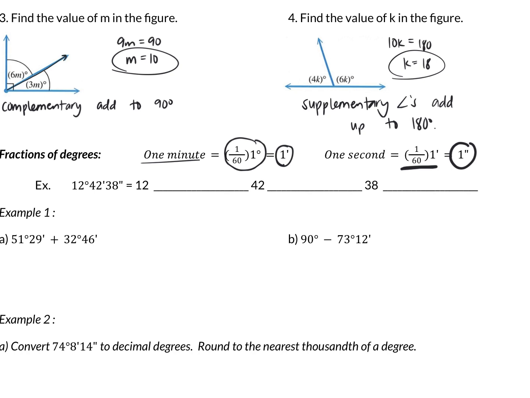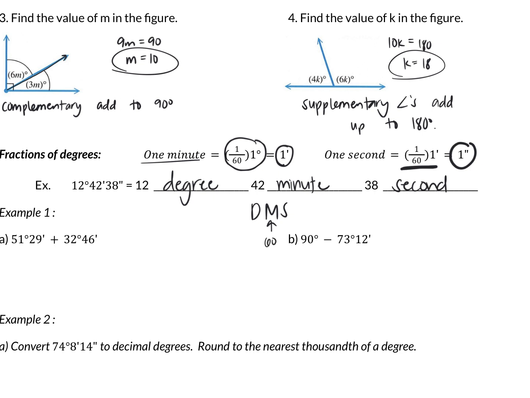So this is our degree, minute, and second notation for giving a fraction of a degree, okay? So this 42 minutes and 38 seconds is part of a degree, okay? The way that I like to think about it, I'm just going to write DMS because that's what degree, minute, second stand for. If you ever see that notation, that's what that means: I want you to write it in degrees, minutes, and seconds notation. But basically,